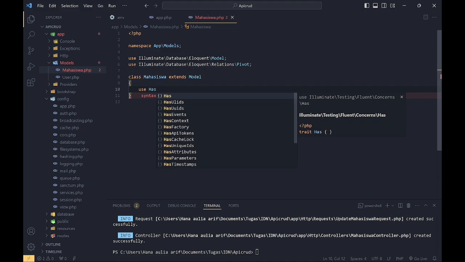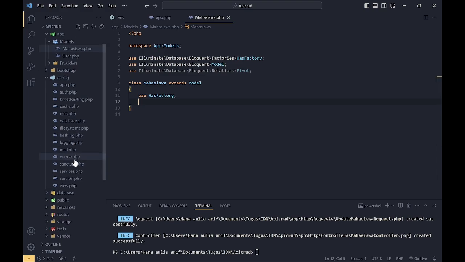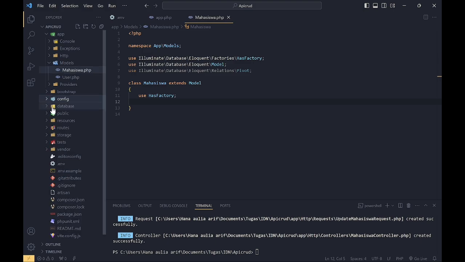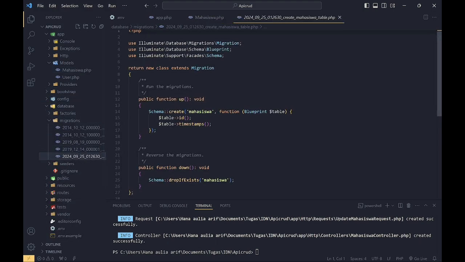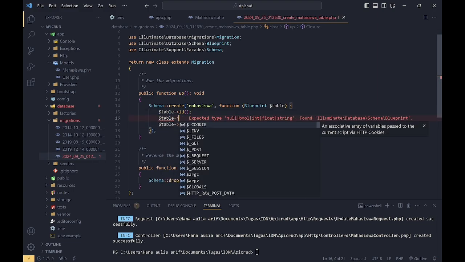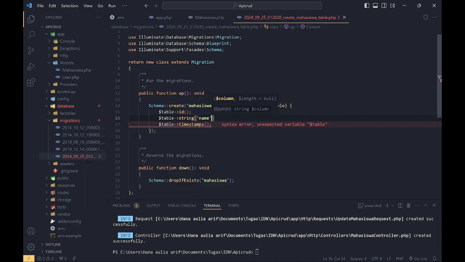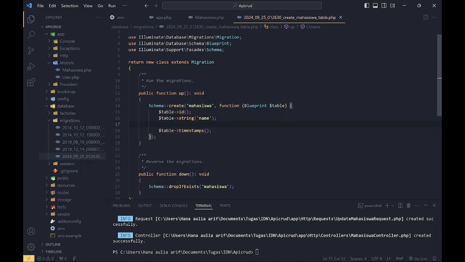In this model file I will use HasFactory, and then I change it to extend Model from extend Pivot, and then I will change this Mahasiswa. I will add a string name and string font.